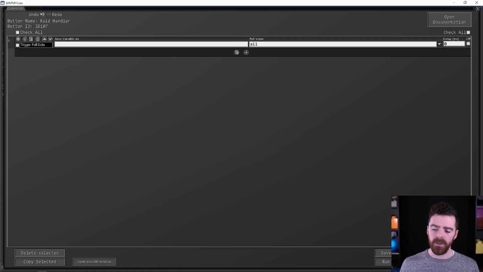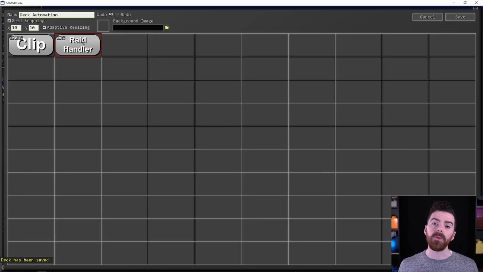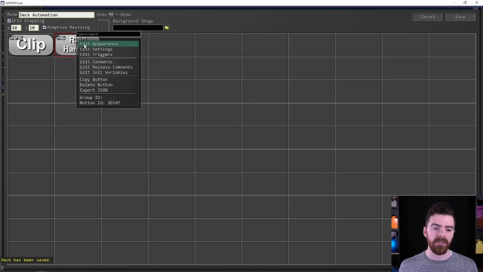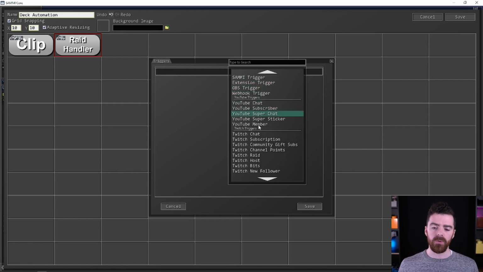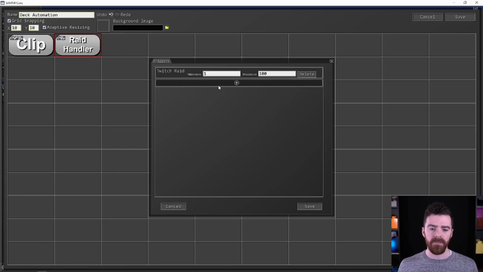So for this, we're going to save and close, and we're going to set the trigger before we do anything else so that we know how to handle this. We can go here to edit triggers, click on the plus button, and go to Twitch Raid. We can set a minimum of 1 because by default, the minimum number of people on a raid is 1. And we can set the maximum to 10,000